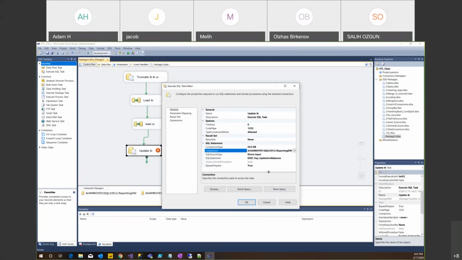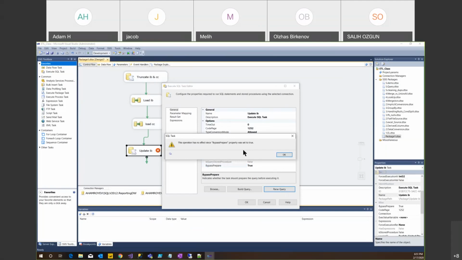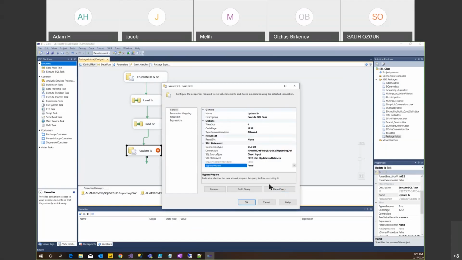For parsing, you have to check it to true, and then if you say parse, it says operation has no effect, bypass property was set to true. So if you say false, now if you parse it, it says query parsed correctly. What it's doing is it's actually bringing it to that database and it's running the stored procedure. Is it running or not? That's what it's doing. You can actually check it, but that's what it is. Say okay,